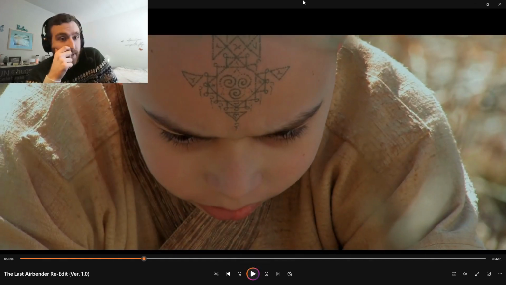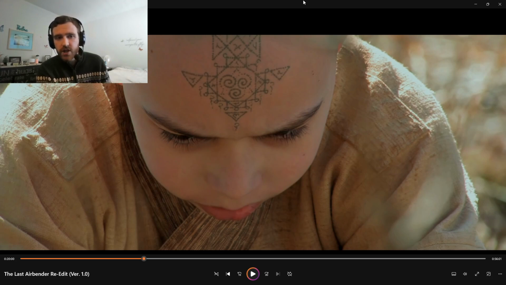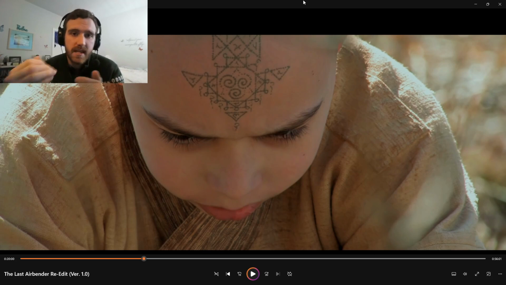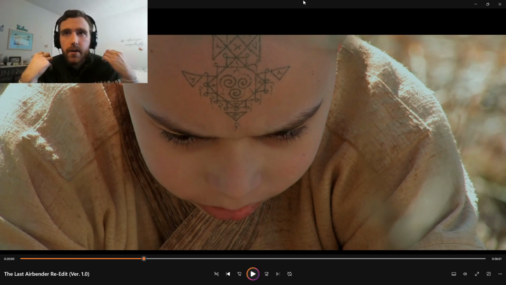So there's a lot that I'm about to talk about right away at the opening of Chapter 2. This is where the majority of the changes happen. For those of you who don't remember, or who try to forget, in the original film, Team Avatar goes to an Earthbender prison, and they free the prisoners there, and then they go on to free Earthbender villages from Fire Nation tyranny, which is nice, but there was a problem with that segment of the original movie, and that is that, one, the acting is terrible, and